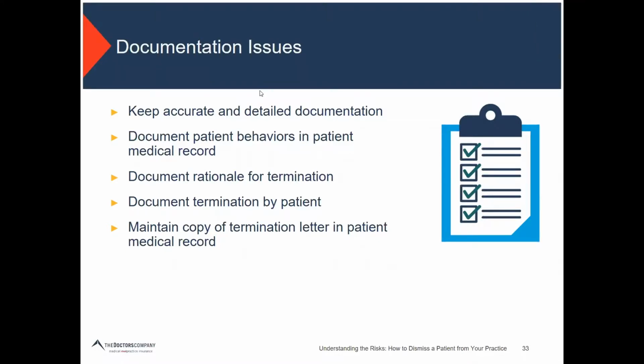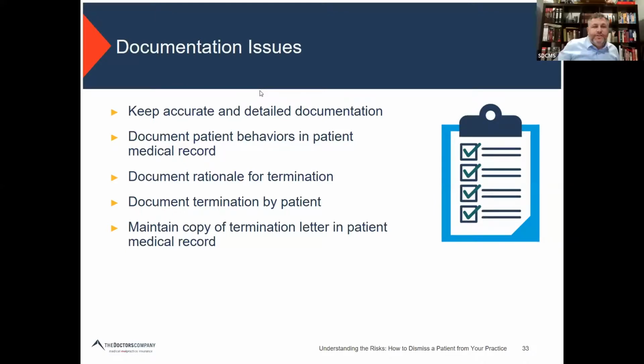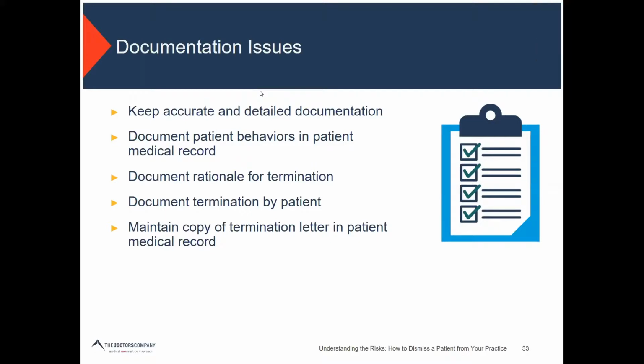Sure, let's go ahead. What if your practice refuses to see unvaccinated patients and the patient claims religious exemption? Well, I'm going to make one comment, and then I'm going to ask Rich, our attorney, to make a comment. Okay, Rich? First of all,